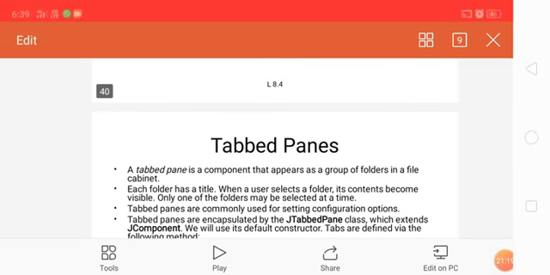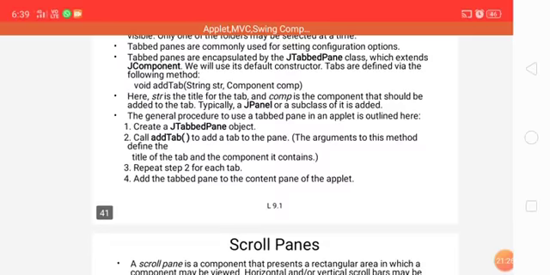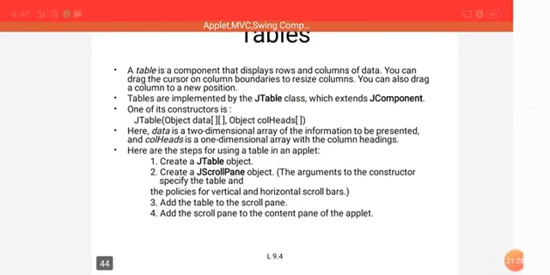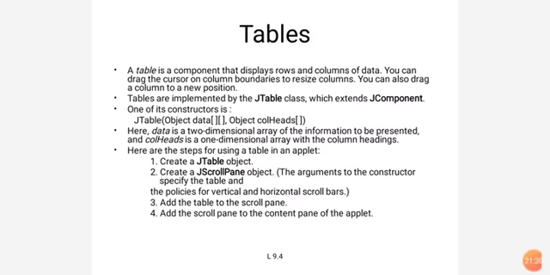These are not available in AWT. That's why Swing is the powerful package. So this is about the remaining Swing components which were not covered in the overview of Swing components video. With this, Swing components are over, and this lecture is given by Swapna. Thank you.